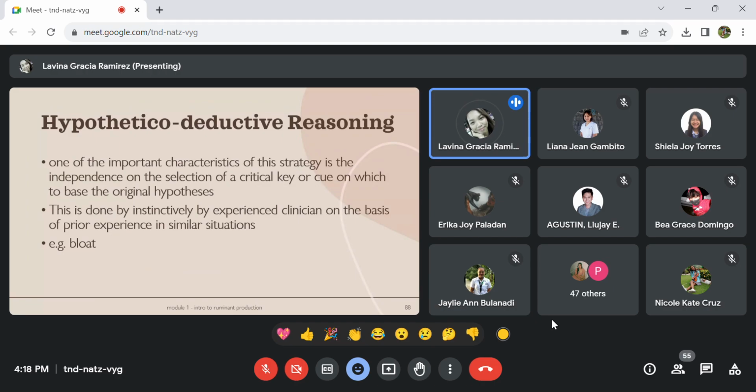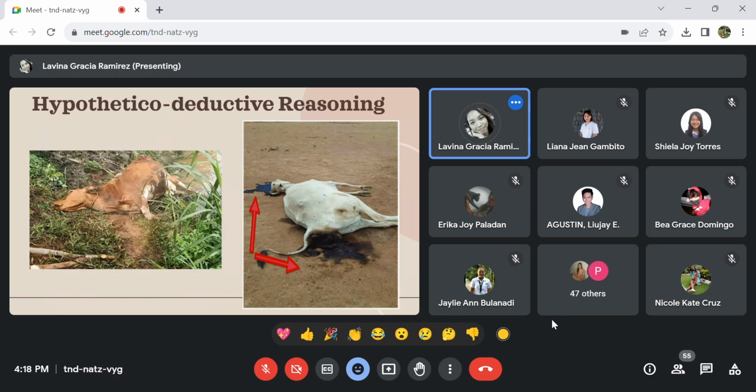Now, if nasabi sa'yo, kasi you have an idea how bloat is, nakita mo may sudden death. Ang sabi, "Dok, namatay po yung baboy ko, yesterday may animal died, or this morning my animal died. Nakita ko patay na siya. May bloating na." So parang may gas na, bloated na yung abdomen. Syempre, baka bloated po. Ano po kinain? There is this possibility that, having the idea, alam mo na yung direkta mong itatanong. But definitely, in your hypothetical deductive reasoning, papasok yun ng mga differentials.